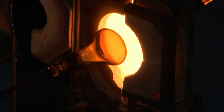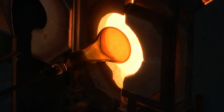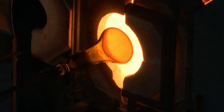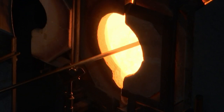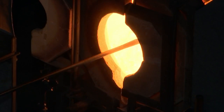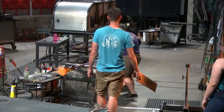Is there any integration with technology in glass blowing at all? I mean, we use computers to control the temperature of the furnace, but the essential process is pretty much the same as it's been for thousands of years. That's awesome. I mean, with 3D printing and stuff now, it's cool. This is definitely more